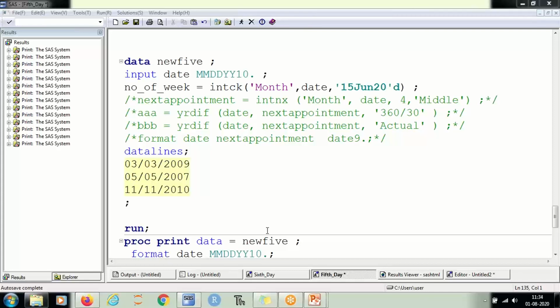Reason being, I was using datalines till now because I want to make it a habit for you. Otherwise, it can read without datalines as well.